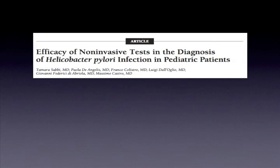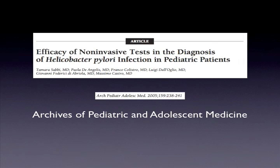This is the paper Dr. Jen Heyman has in mind and has asked Alexa to look up. It appeared in Archives of Pediatric and Adolescent Medicine in 2005. The issue for the medical team is should they treat Peter based on the positive ELISA test that was obtained